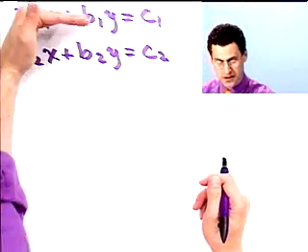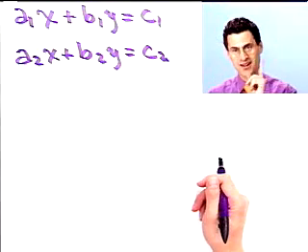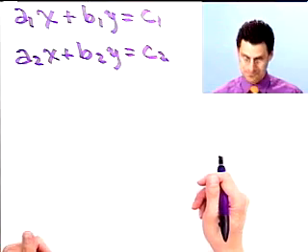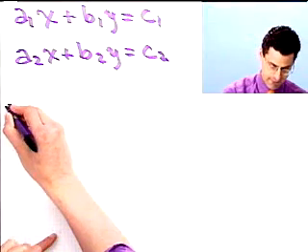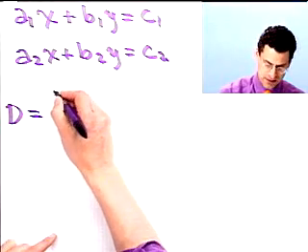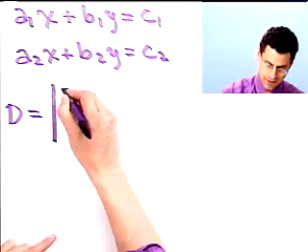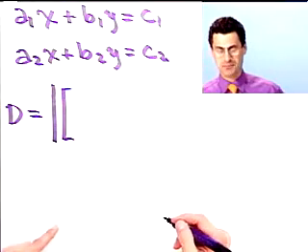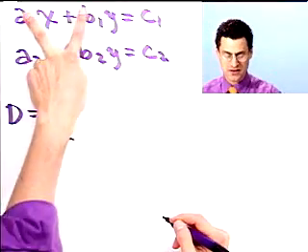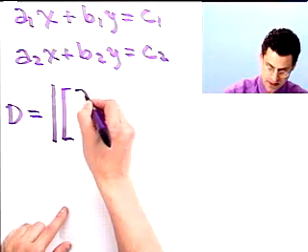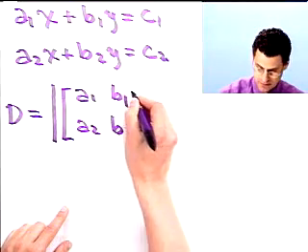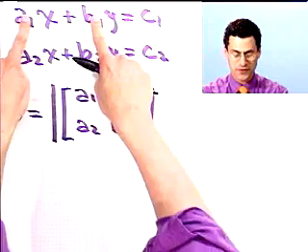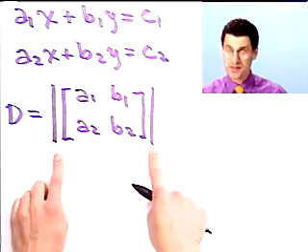So if I have 2 equations in 2 unknowns, here's a really cool way to find out what x and y equal. The first thing you do is you create 3 determinants. The first determinant, which I'll just call D, will be the determinant, so I'll use the determinant symbol, of the 2 by 2 matrix I get by just looking at these coefficients. So basically just lopping off the x and the y and looking at a1, b1, a2, b2. So I just lop off those coefficients and make a 2 by 2 matrix, take the determinant,